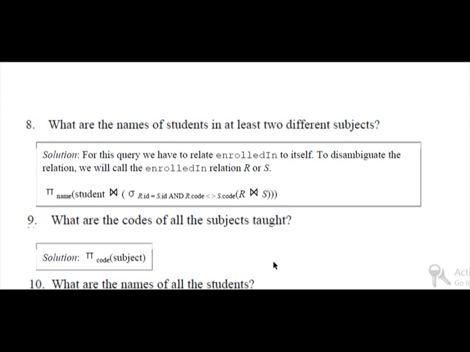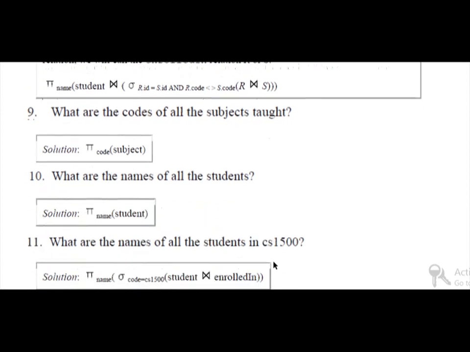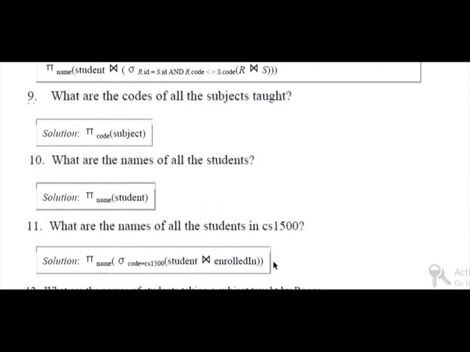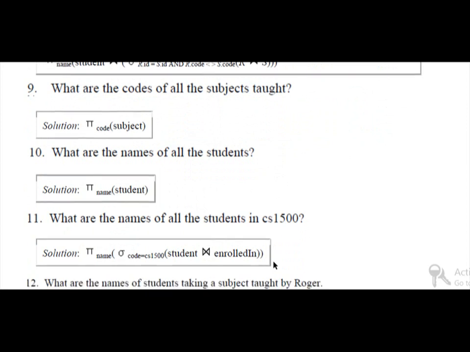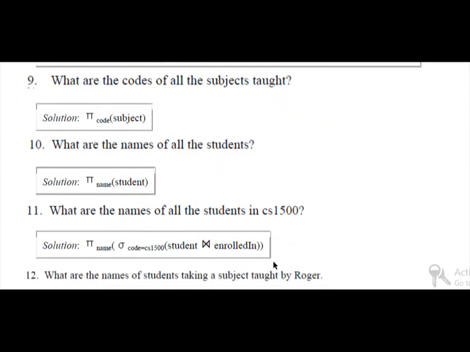Ninth, what are the codes of all the subjects taught? Very simple, we just find the codes of subjects, so we use projection code from the subject table. Next query, what are the names of all the students? From the student table we find the names, so we write projection name and then the table student.